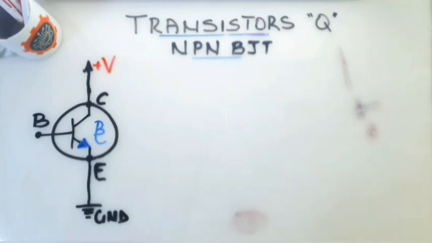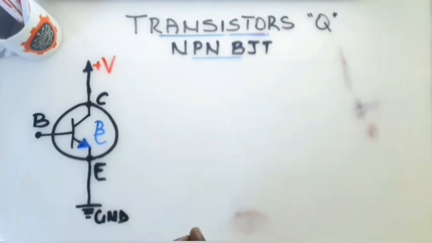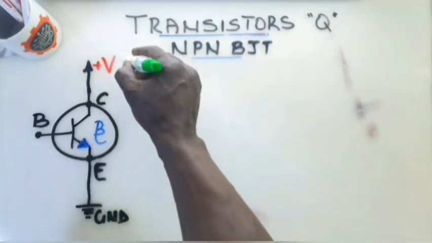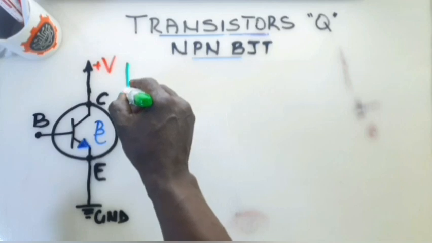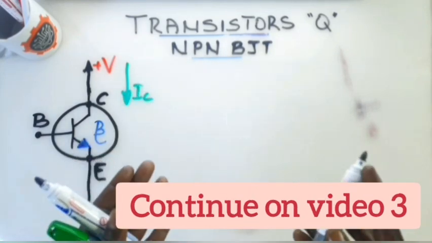We are going to see some formulas that you will want to be familiar with when dealing with transistors. The first one is the collector current IC. This current, our collector current IC, and this collector current